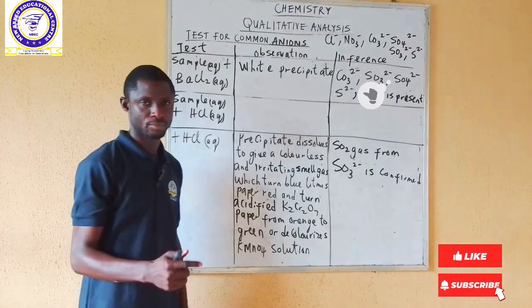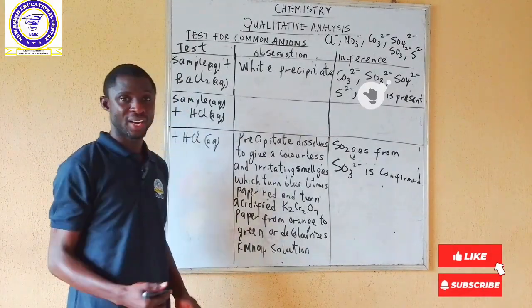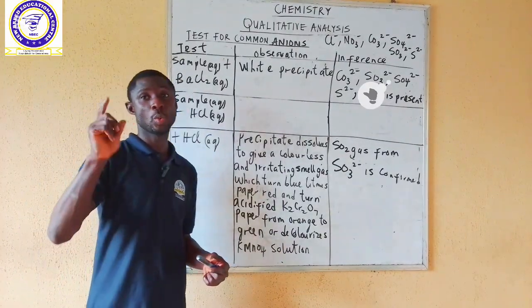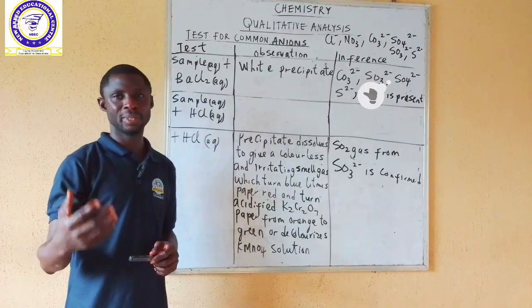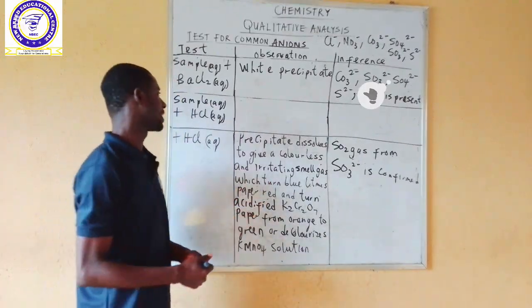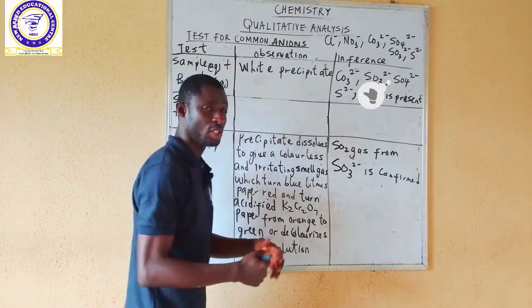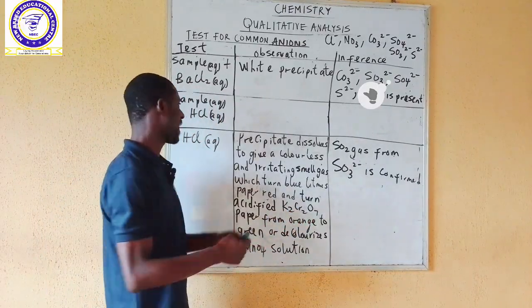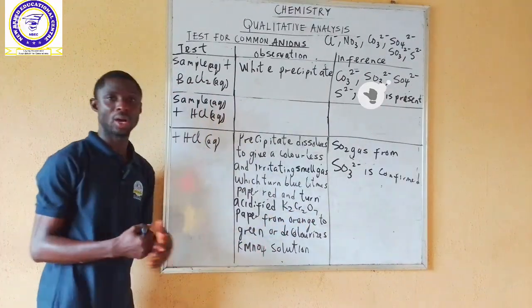One of the chemical properties of acid is its reaction with carbonate, and what will be liberated? CO2 gas will be liberated. So another way to test for CO3 2- is to add HCl directly to our test sample, and if your observation is that you have your colorless